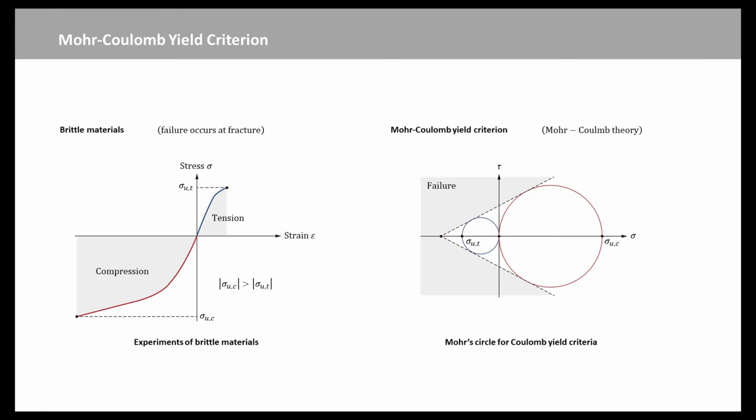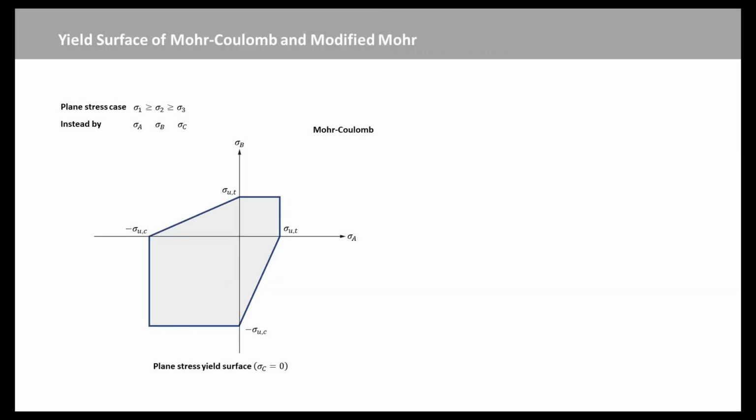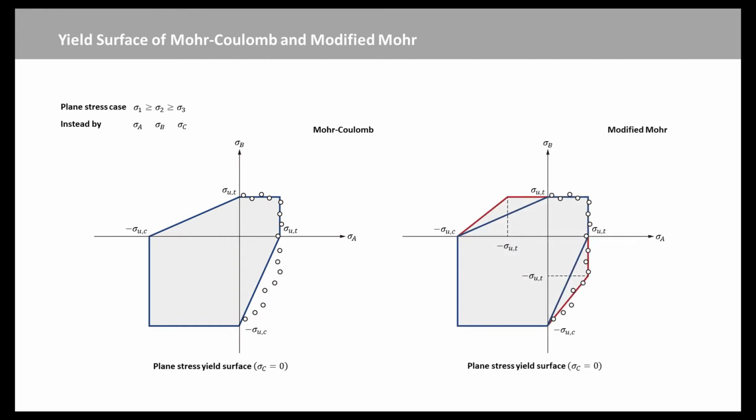For brittle materials, the materials tend to have compressive strengths that are much larger than their tensile strengths. To assess failure of brittle materials, we need to know two separate ultimate strengths, for tension and for compression. Mohr-Coulomb theory is a failure theory often used for brittle materials. The plane stress failure surface for Mohr-Coulomb theory looks like this. As you can see, it doesn't agree particularly well with experimental data in the bottom right quadrant. Modified Mohr theory is a slight variation on the theory, which better fits experimental data. It is one of the preferred general failure theories for brittle materials.